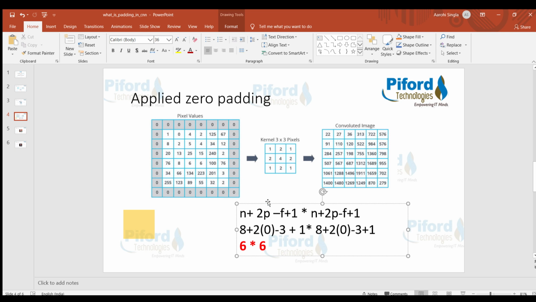So p is 0, so 2 into 0 will be 0, minus f. f is the filter size, 3 by 3, so this is 3, plus 1. This is the formula. When you solve it, you get 6 by 6, so now we have an output image of 6 by 6 and our actual image is also 6 by 6. With padding, we get output similar to input. So both the problems get resolved.